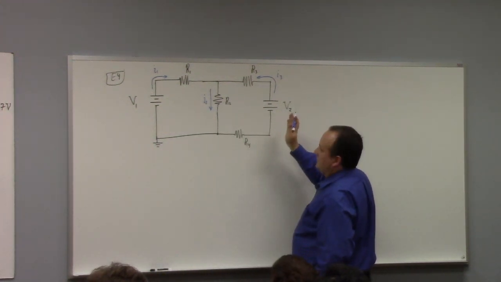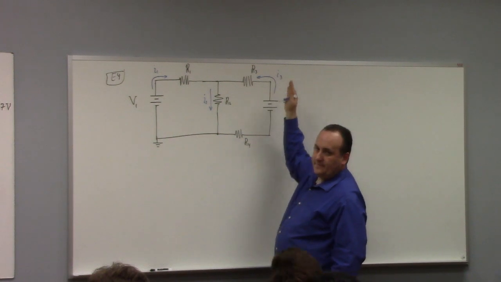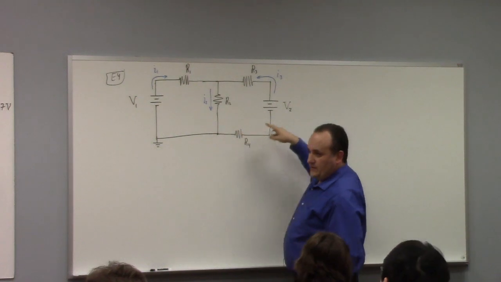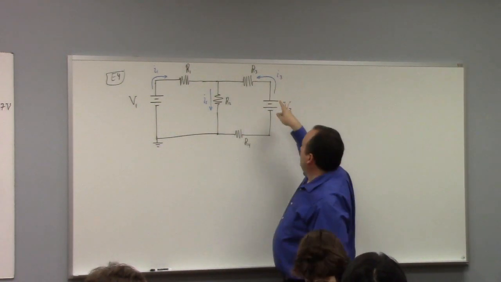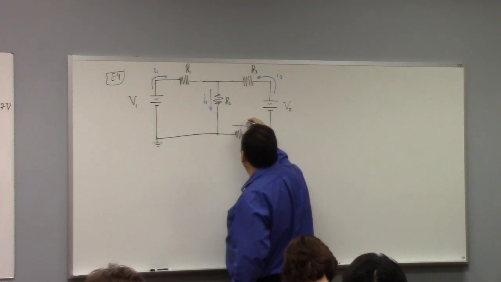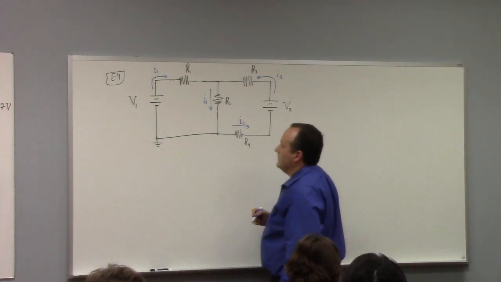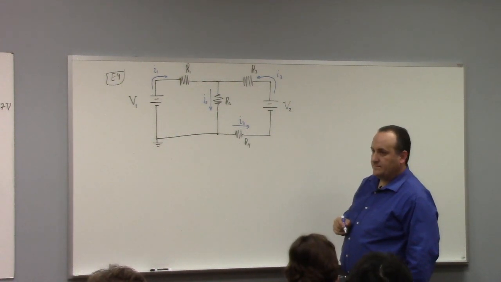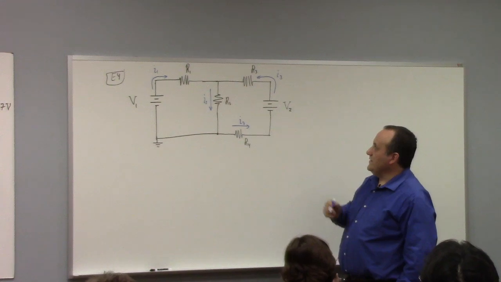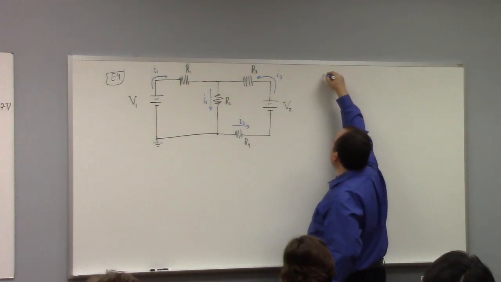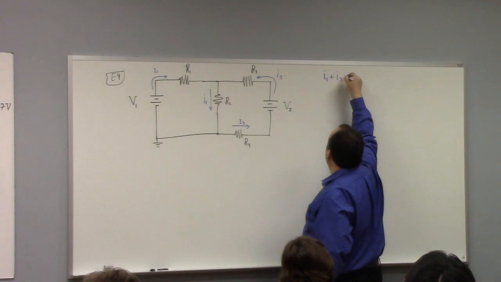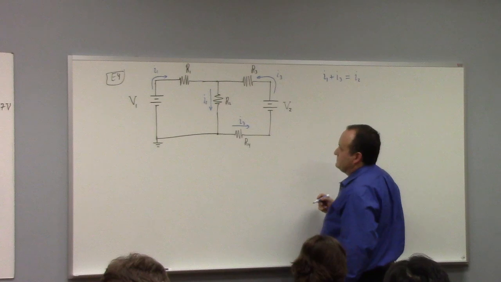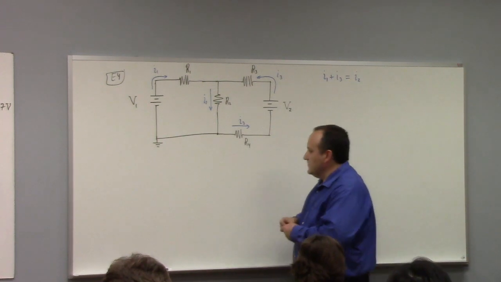You notice how this works? If I3 is going here, since these are elements in series, series elements share the same current. So my I3 up here is the same I3 that goes down here, right? Does that make sense? I hope. So the easy part is I1 plus I3 equals what? I2. We got that, great. And then I need to